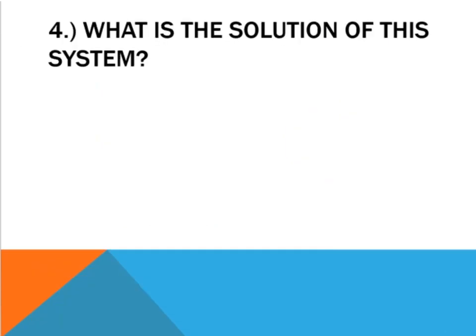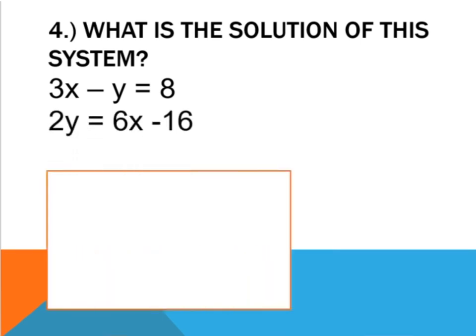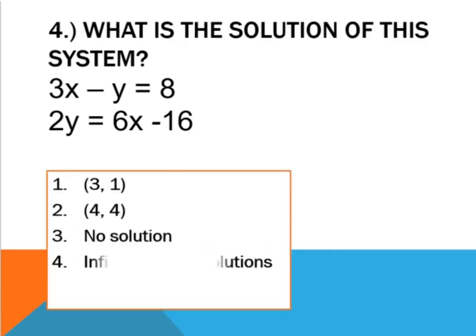Fourth example, what is the solution of this system? 3x minus y is equal to 8 and 2y is equal to 6x minus 16. So, we choose from the given choices: 1, 2, 3, or 4; no solution, or infinitely many solutions. Para malaman natin ang sagot, ang una nating gagawin ay i-change natin yung equation 1 at equation 2 sa slope-intercept